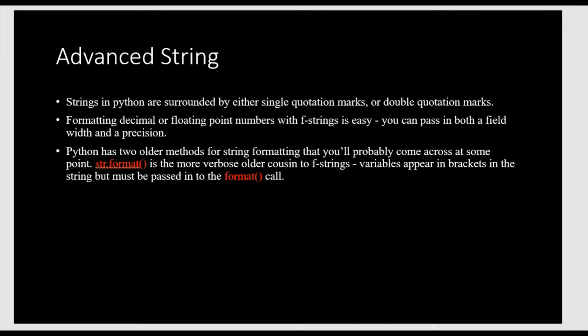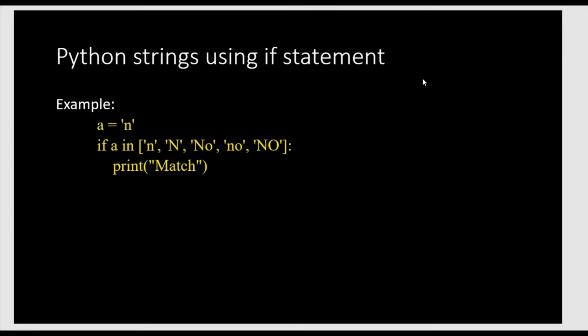Python has two older methods for string formatting that you will probably come across at some point, like string format, which is older compared to f-strings. Variables appear in brackets in the string but must be passed in the format call. So this is our advanced string, and Python strings used in an if statement, where a is equal to n,